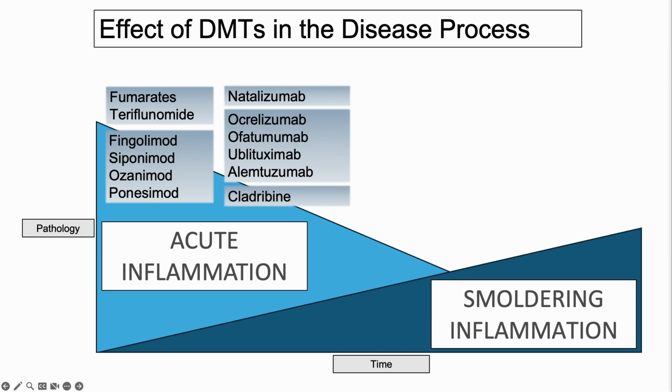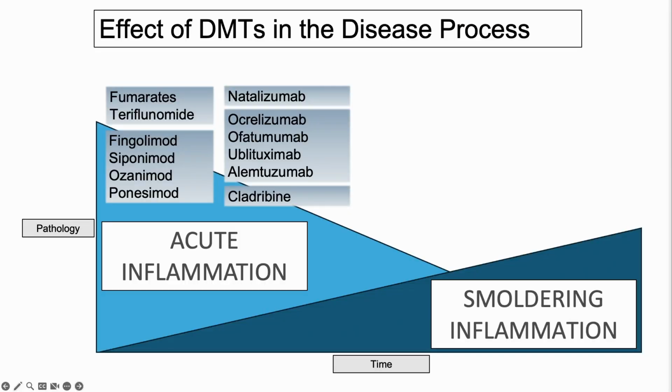But we are familiar with our medications. We are fortunate that we have a lot of disease-modifying therapy options to choose for our patients. But what are they doing? What are the benefits of these therapies? For the most part, and I just listed the medications here in no particular order, I tried to cluster them by mechanism of action. But what are they doing? Well, they're really good, and to some degree, they affect acute inflammation. They're very good at preventing new lesions, preventing new relapses. To some degree, they may have an effect on progression and atrophy, but their benefit is particularly important early in